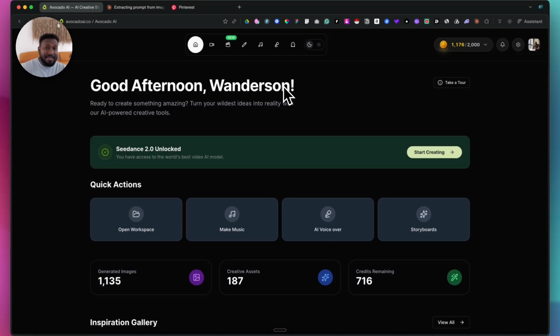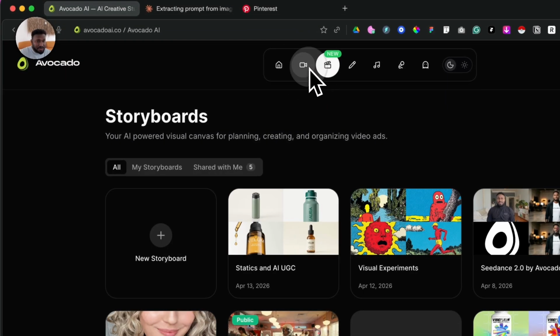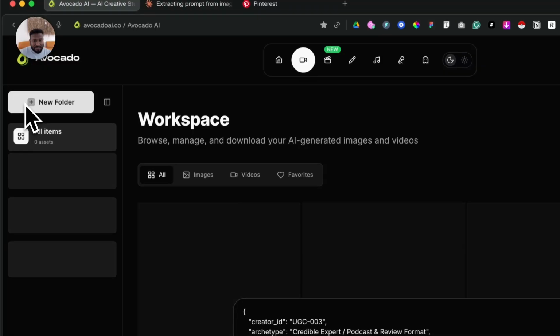In this video, I'll be taking you on a breakdown of how to create static ads and AI UGC in a few simple steps. Step number one, after you log into your Avocado account, you're going to come here to Storyboards. Everything that we're doing on Storyboards, it is possible to also do in Workspace, but my personal preference is